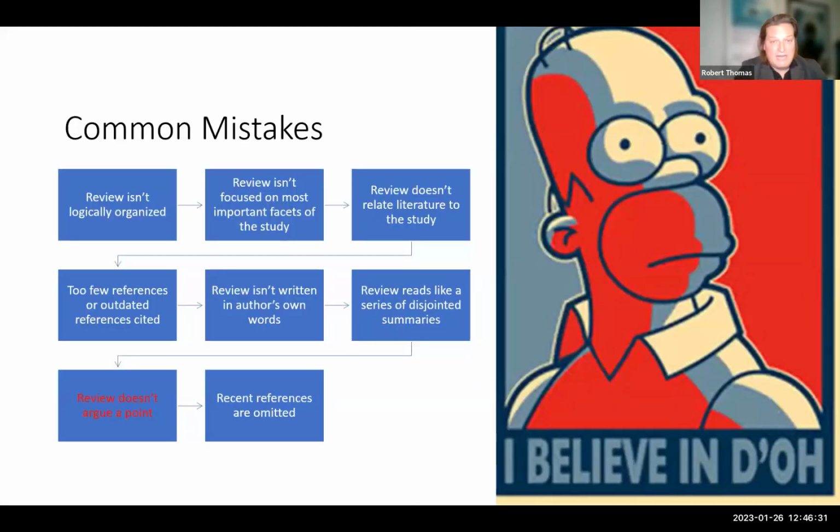But these are the common mistakes then, okay? Review isn't focused, a killer. You must focus by having theory and building chronologically and historically, and you will have that, okay? The review isn't written in the author's words. Everything that you will want to write has probably been written before and written very, very eloquently. The temptation will be to borrow that and utilize it for your own work. Don't. Learn to paraphrase. Putting it into your own voice, your own timbre will be so advantageous when it comes to your marks, okay? Absolutely unequivocal.